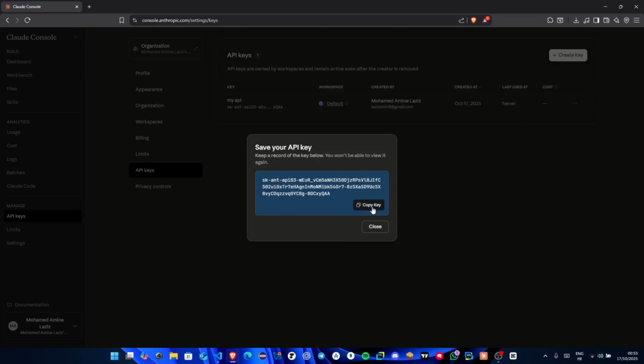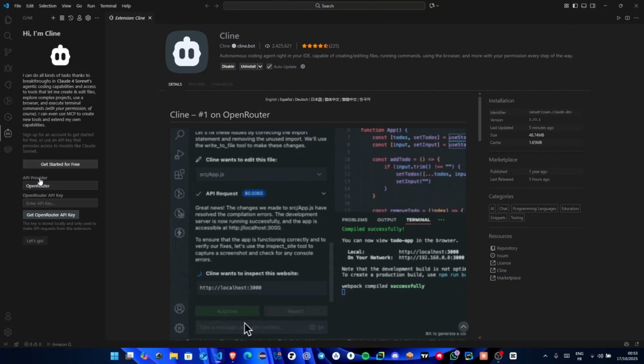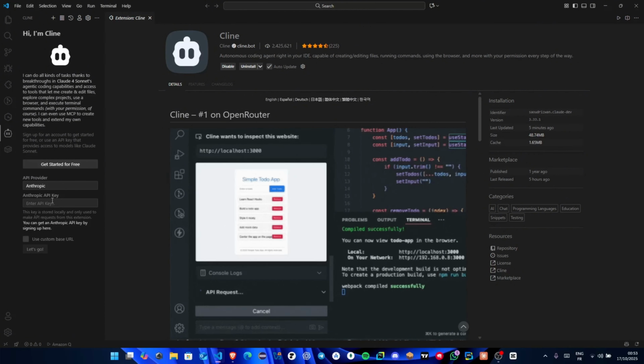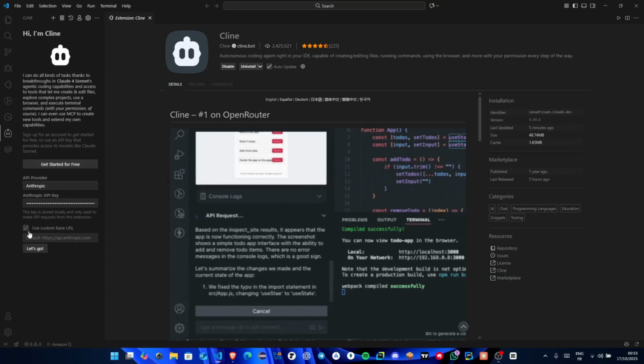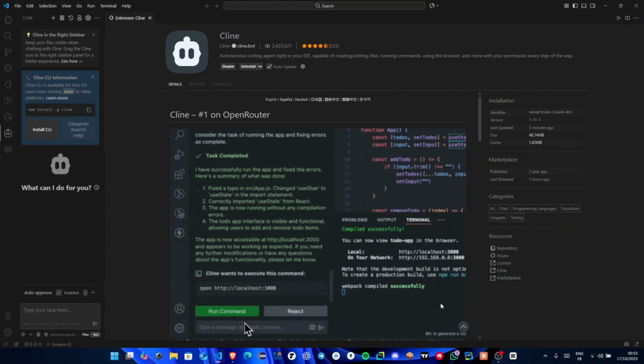Now head back to VSCode. Click on Klein Settings, then choose Use API Key. From the drop-down, select Anthropic, paste your API key, and press OK. And that's it. You've successfully connected Claude AI to